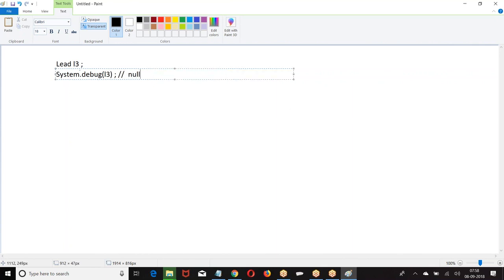What is it? L3? Null. The moment I told L3 equal to new lead, it is not null, it is empty. Empty. Then it's going to have